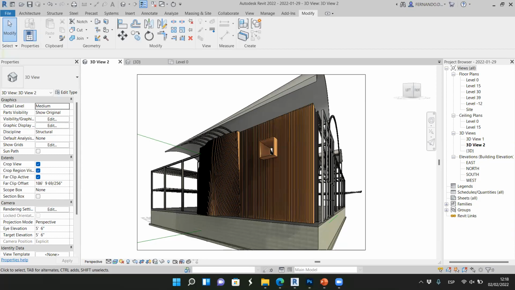Well, we are going to continue to explore different options that we have in Revit to create this kind of light facades. We have already explored this option of having a double skin with louvers to protect the curtain wall against the sun. So in this other facade, we're going to do something different. We're going to explore a transparent double skin. And why are we doing this? Well, when we are working with double skins,